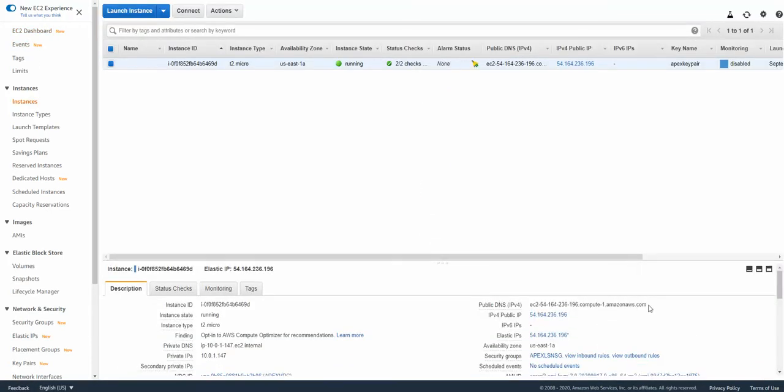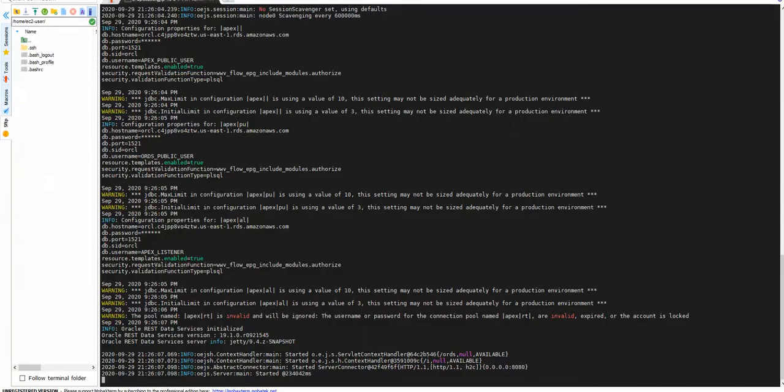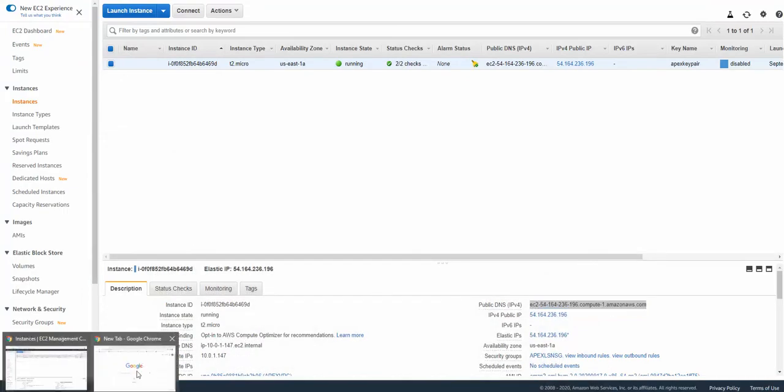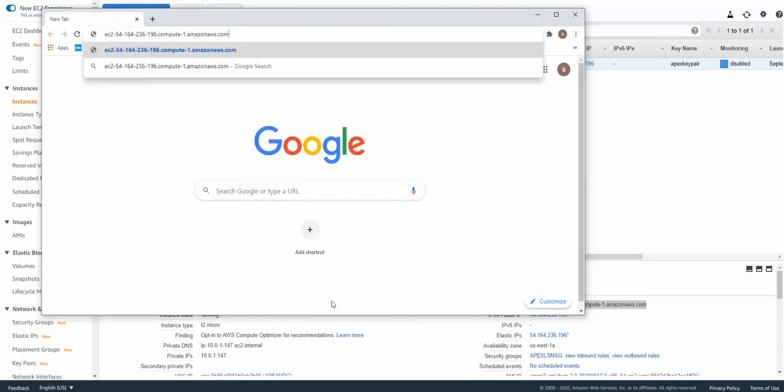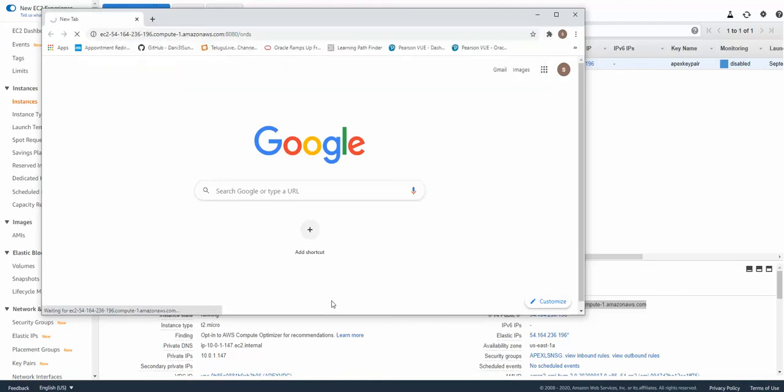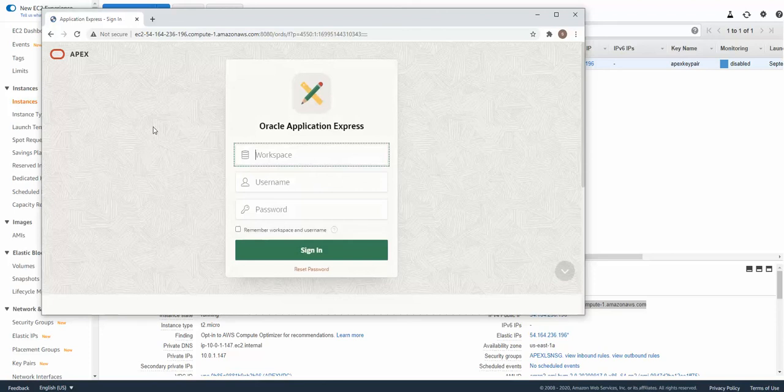Let me pick the public DNS host name, and paste it over here. It's listening on port 8080, and ORDS, to make sure ORDS is actually installed. Bingo. So Oracle Application Express is already installed.